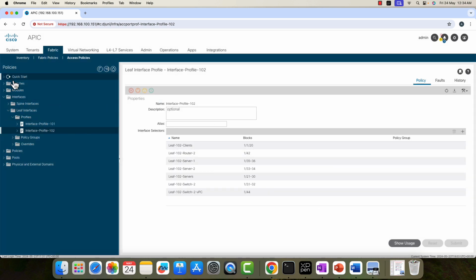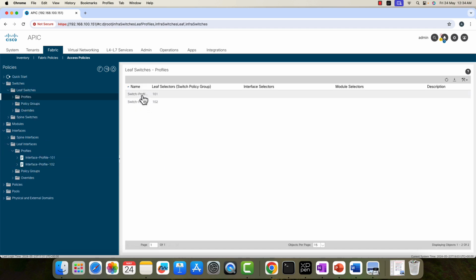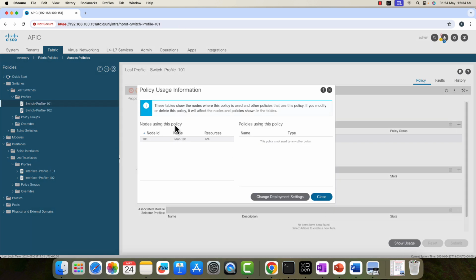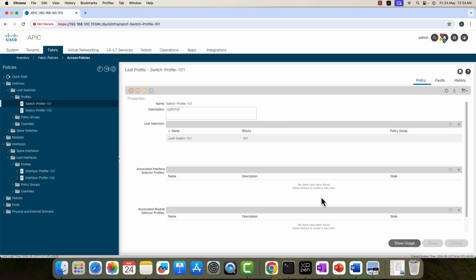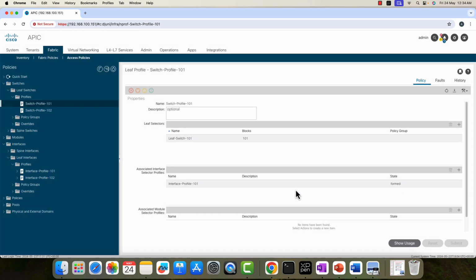Now let's go to the switch profile which we created in the last video. There are 2 profiles here, switch 101. So it also doesn't show any resources. Means ideally once I click on show usage, I should see the linkages. So anyways, switch profile 101, just take a look at this associated interface selector profiles. There is nothing. So let's click on the +1 and click the interface select profile section, and first one, 101. It is done,